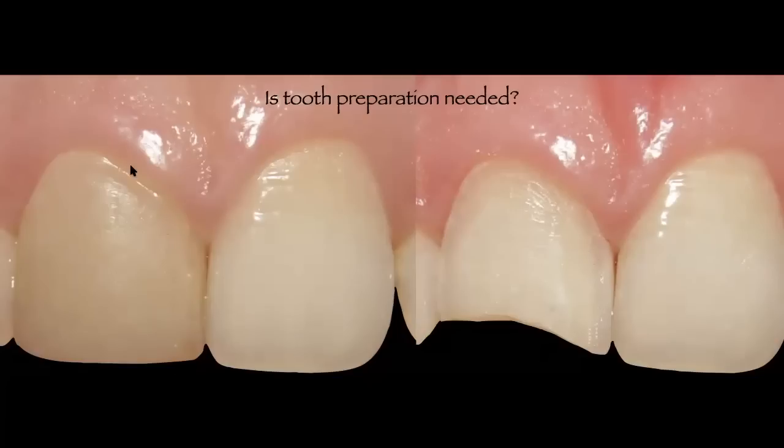Now, because this patient had a previous veneer and the dentist that performed this previous veneer had prepared the tooth, when I removed this previous veneer, I went into the enamel because the tooth had been prepped initially. So I removed all the composite. Now you can see the fracture area and you can see the prepped enamel and the margin that was fabricated on this tooth. Now, when you're dealing with single tooth restorations, most likely you're gonna have to prepare